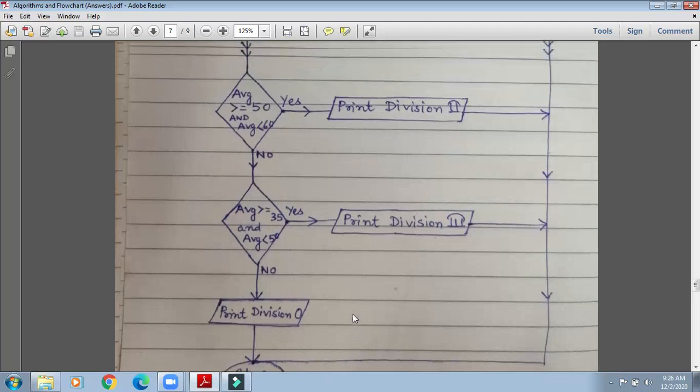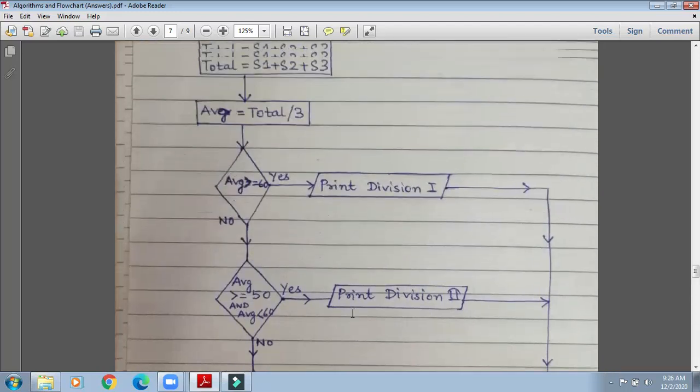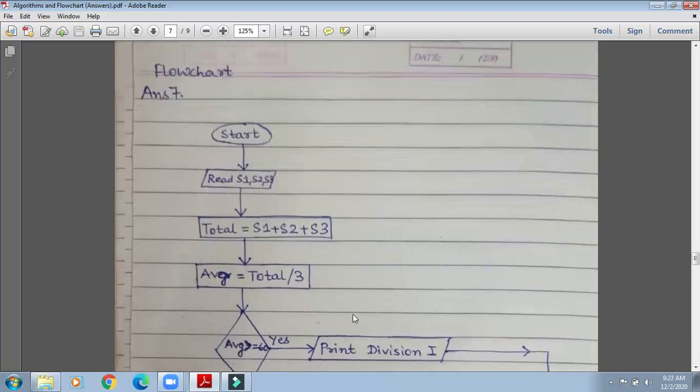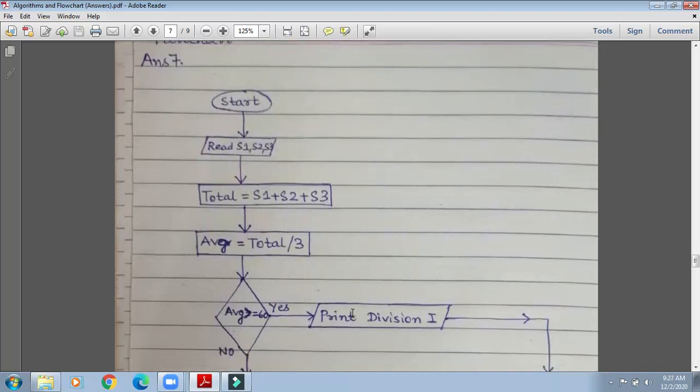Now can anyone use this flow chart to check a number and give the division? Anyone who can use this flow chart to check for a number? Anyone? I am asking, I have one number, 52. Now use this flow chart and tell me what will happen. What is the result I am going to get?